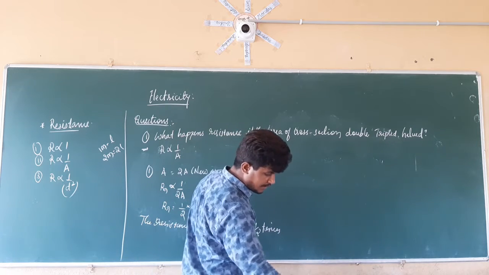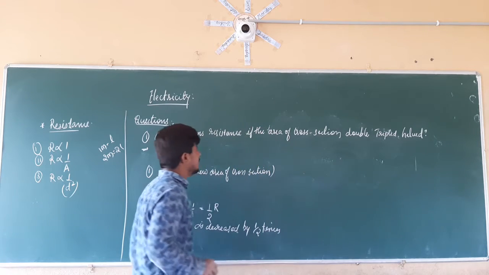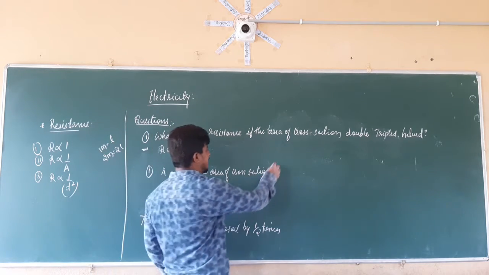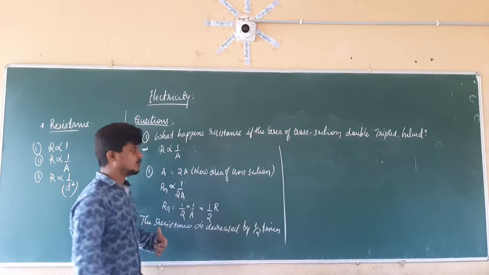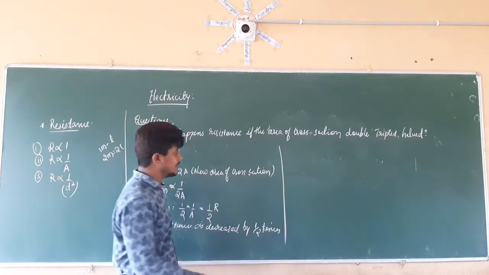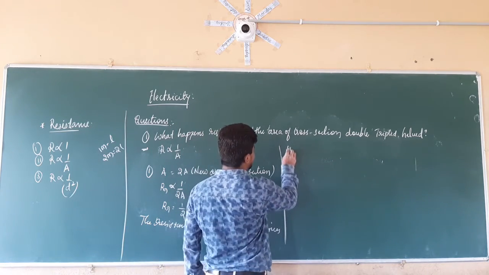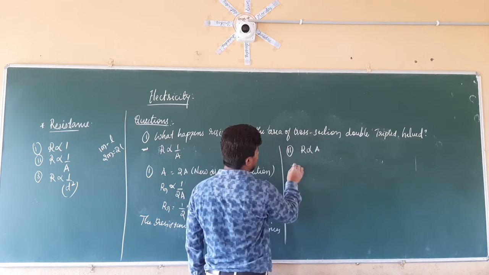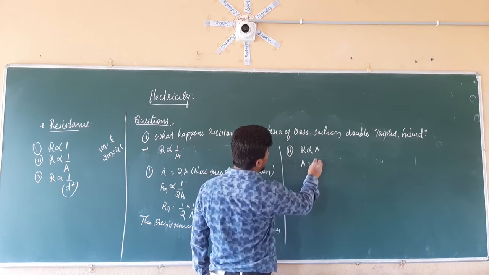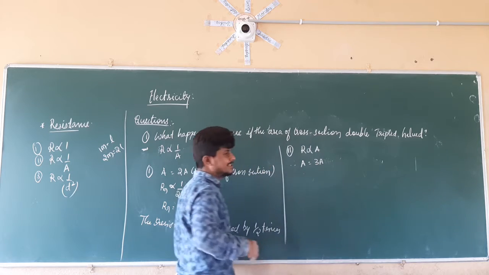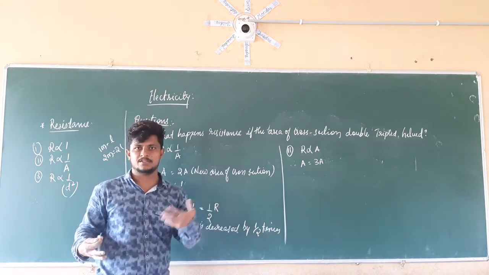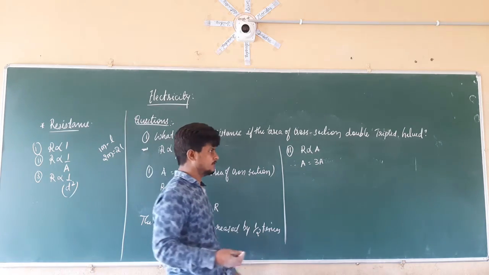1 by 2 times. After, the area of cross section is double. In the same manner, what will happen if the area of cross section is triple? So in the second case, we already know that R is directly proportional to A. Therefore, the new A is equal to how much? It is equal to 3 times the A. It is tripled. So whatever the initial value, it is getting 3 times larger. So it will become 3A.